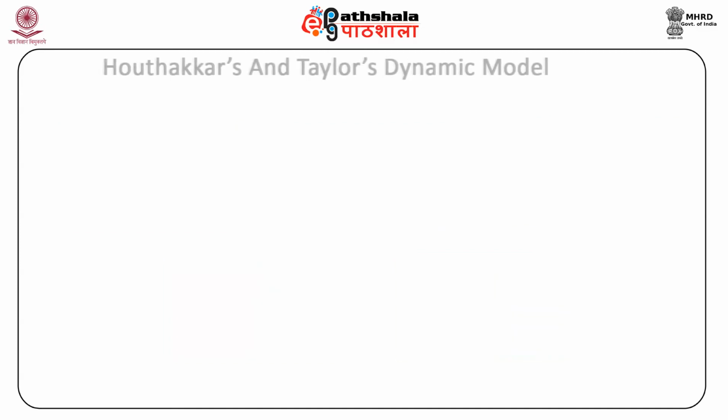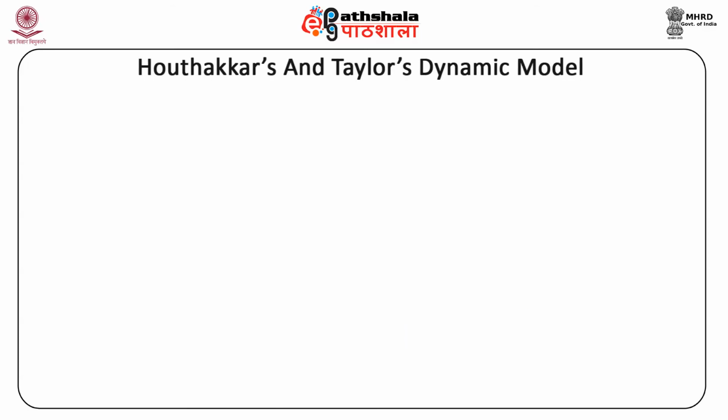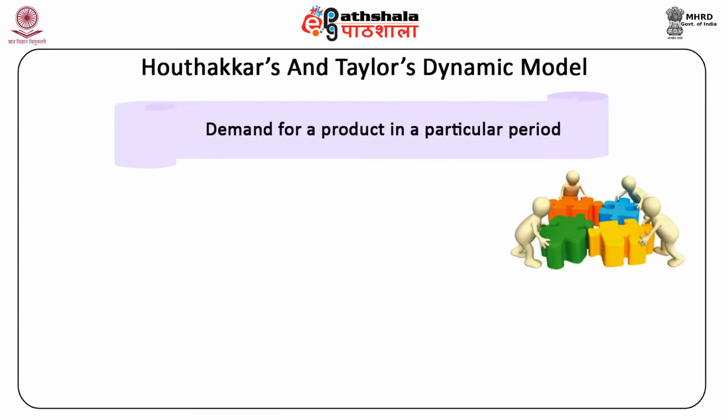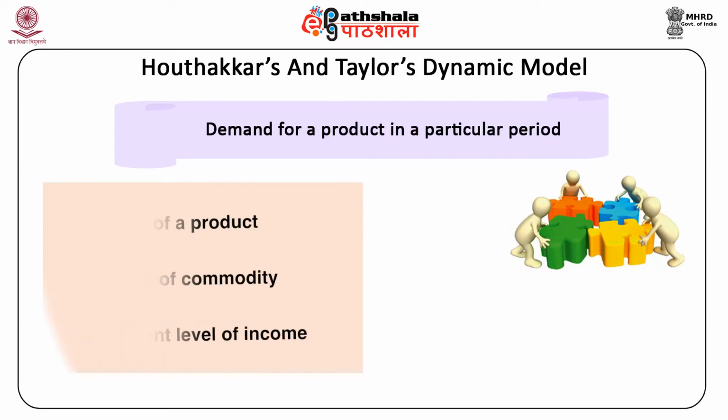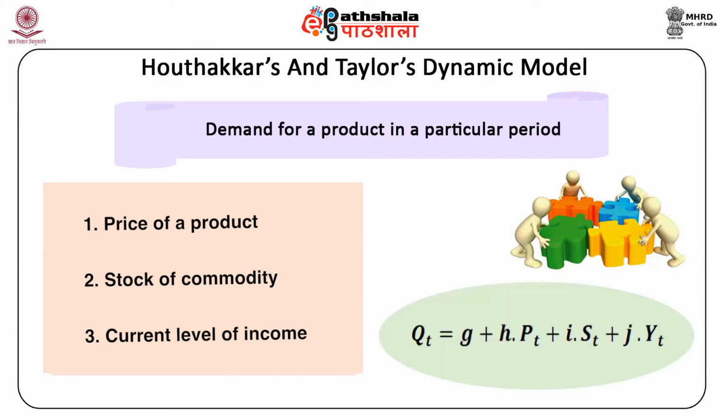The demand function can be derived in the following steps. Let us proceed with demand for a product in a particular period. Demand for a product in a particular period depends upon three factors: price of a product, stock of the commodity, and the current level of income. This can be expressed as Qt = G + H·Pt + I·St + J·Yt,